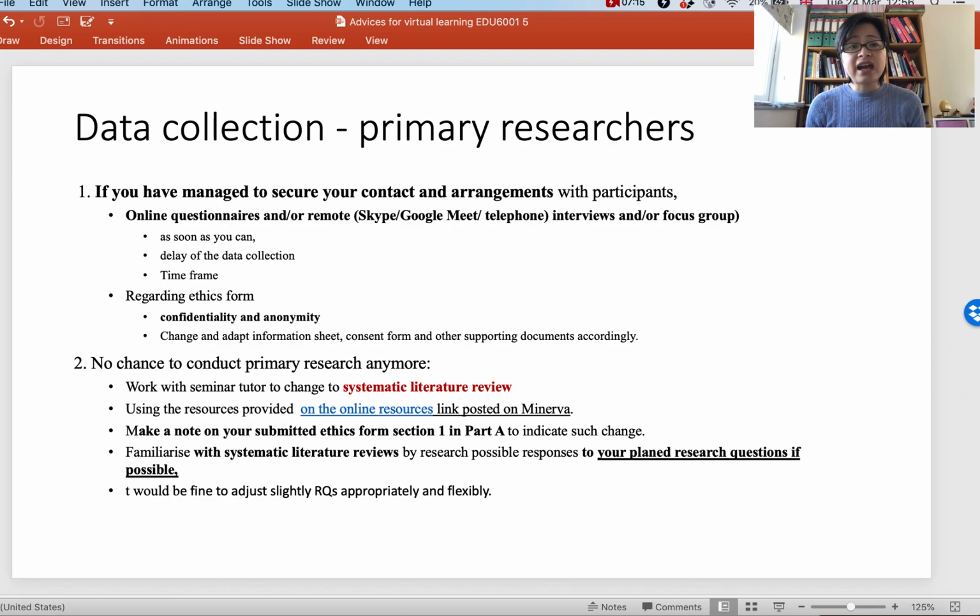But don't worry about the ethics form. So if you change to an online remote data collection method, don't worry about the ethics form, because if you have already received 2 signatures from your tutors to approve you, a conditional pass or pass, to be able to collect your data,